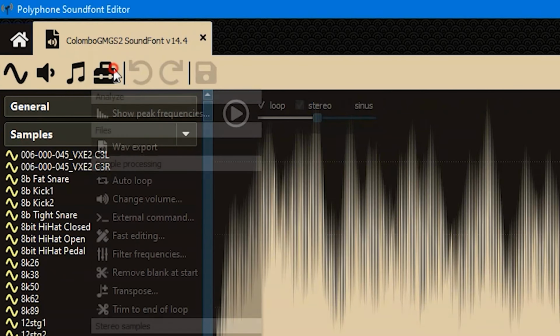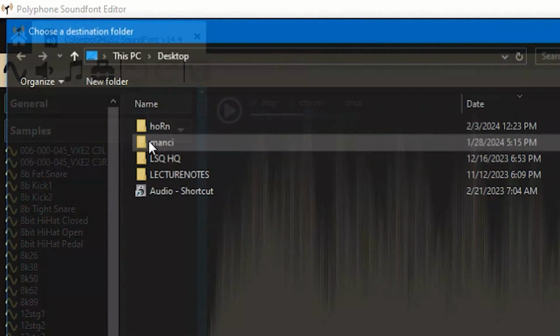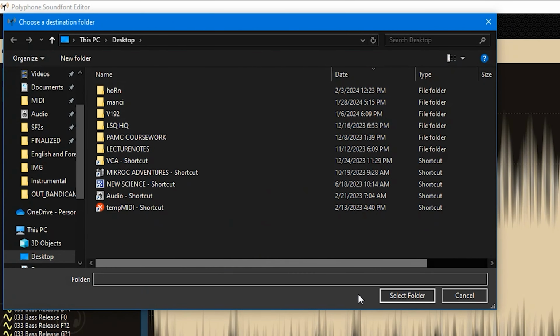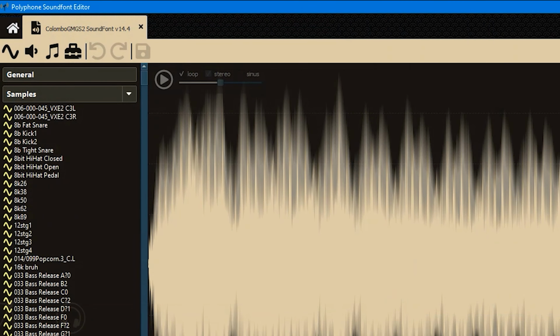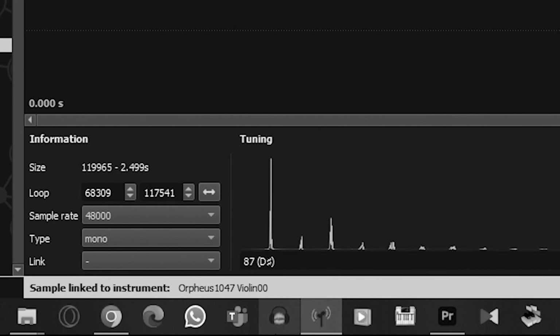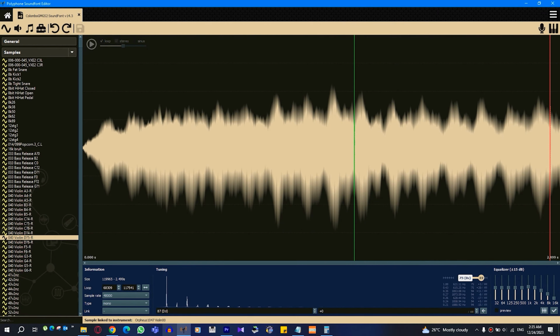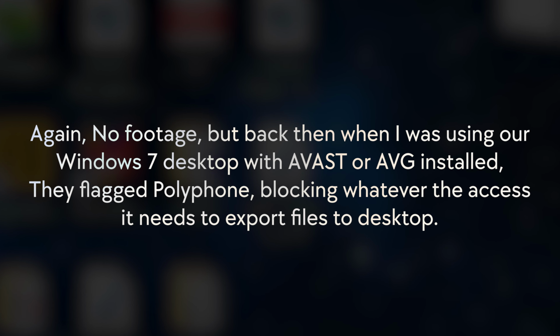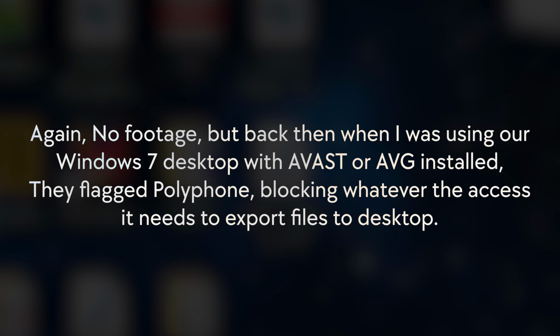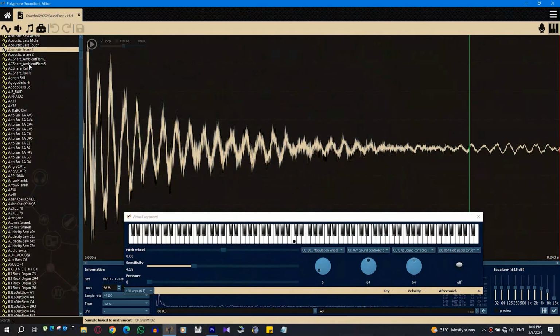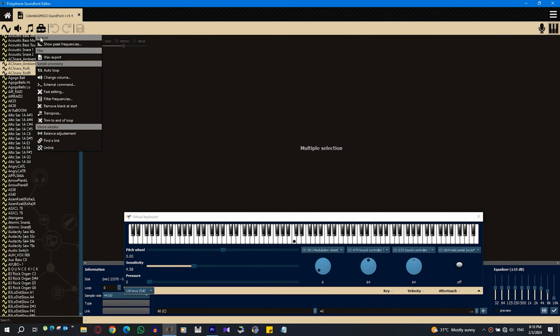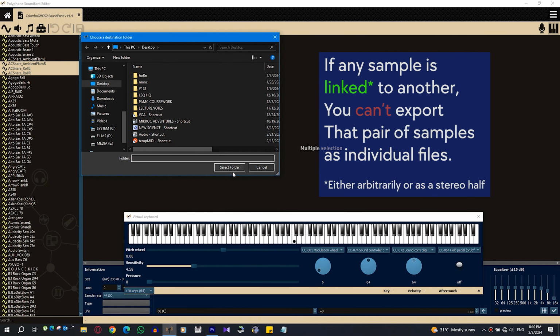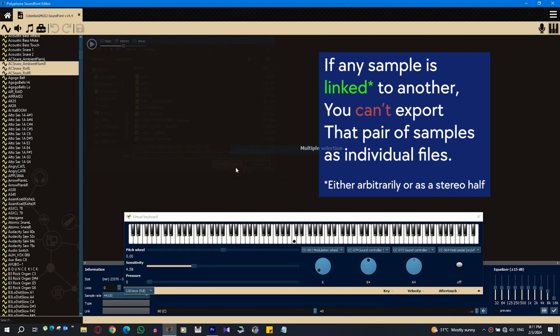Second thing is the WAV export option. In many scenes in the previous episode, I was actually using it to get my samples into a better shape. So I take them out and load them on, you know what I'm saying, Audacity. This option simply does what the name implies, unless you have some pesky virus guard or something that prohibits programs from exporting files to certain file paths. The exported samples can be in mono or stereo depending on the link state. If it's mono, you'll get mono. If it's stereo or linked, you'll get stereo.